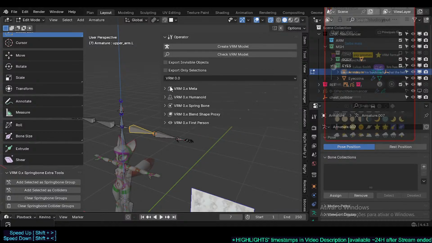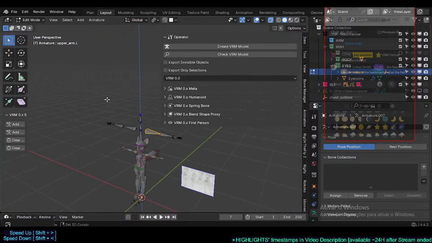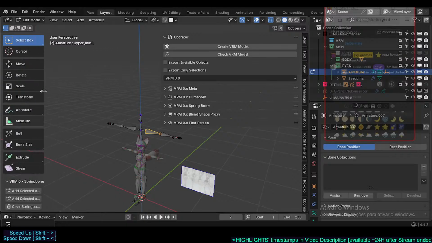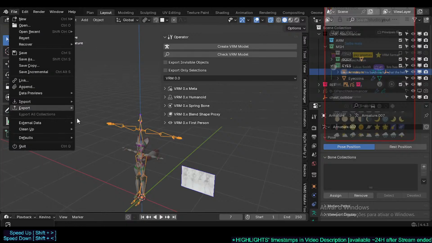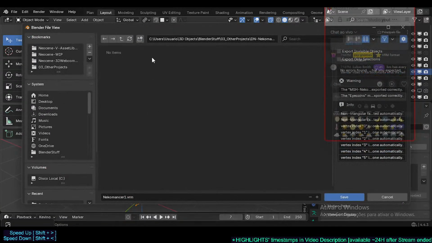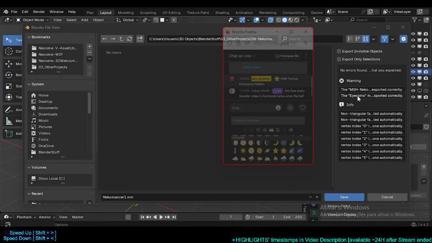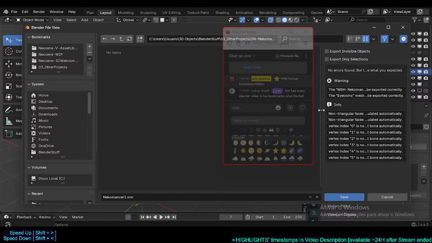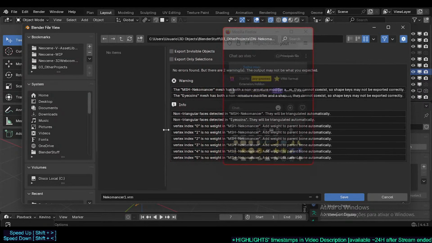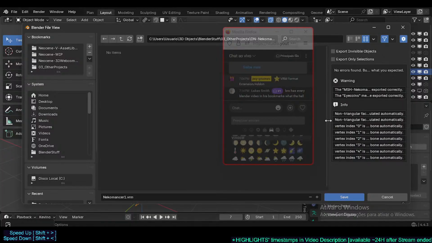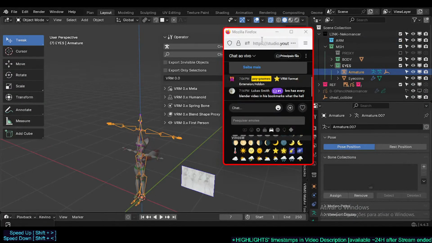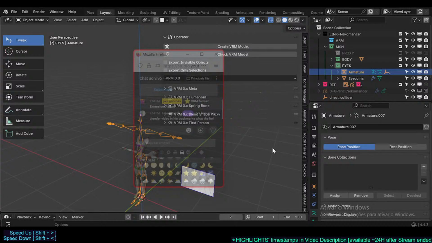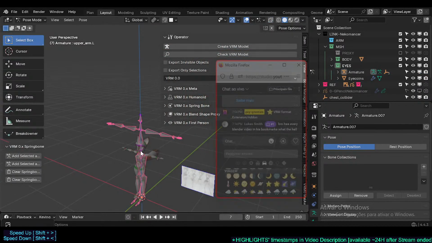Basically this was the big explanation, the overview of the features here. And if we go here and try to export as a VRM file, what we get is the same list of errors, informations and warnings, some of which might be detrimental, others we can just go with. So it's the same stuff. And also, interestingly, we don't need,